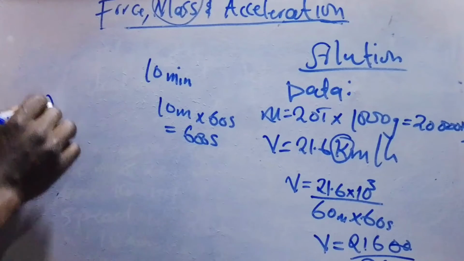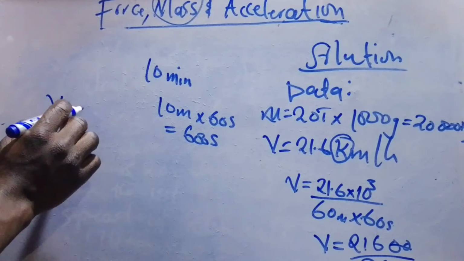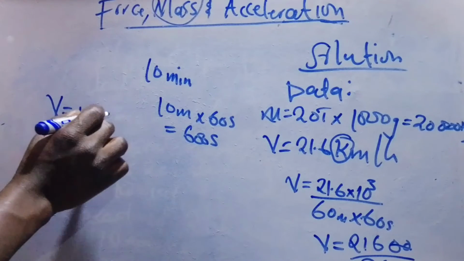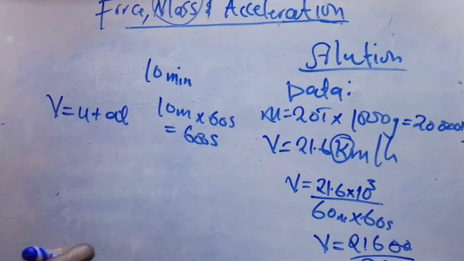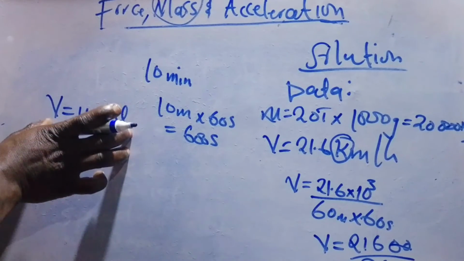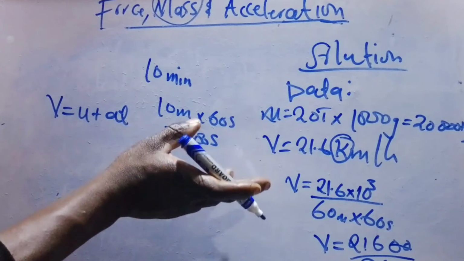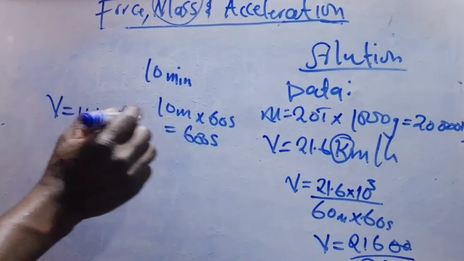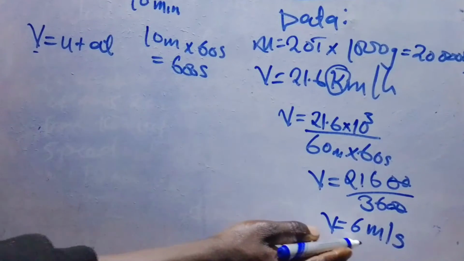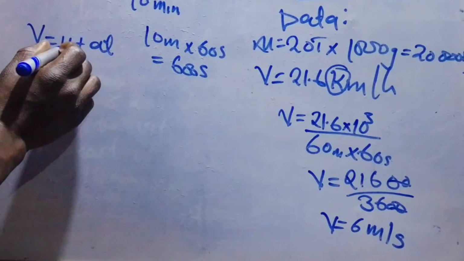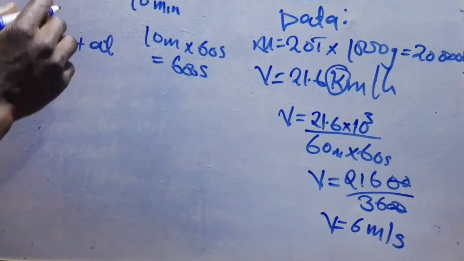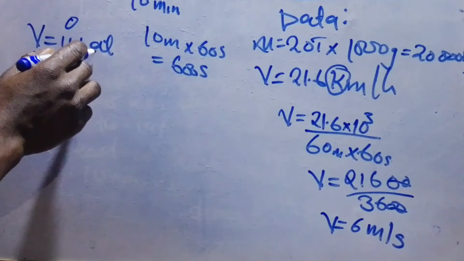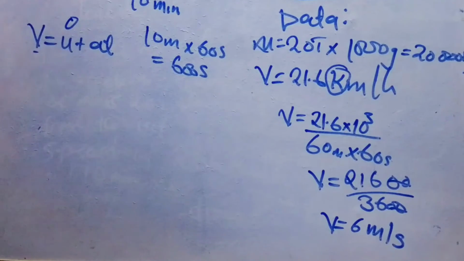So we're going to say velocity is equal to u plus at. How did we come up with this formula? Because with the data which we have been given, we have velocity, which is 6 meters per second, and initial velocity, it starts from rest, which is 0, and acceleration we don't have, that's what we are looking for,